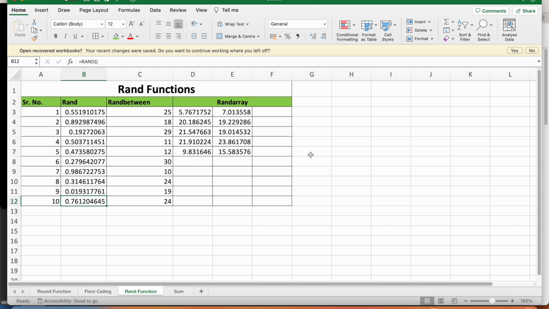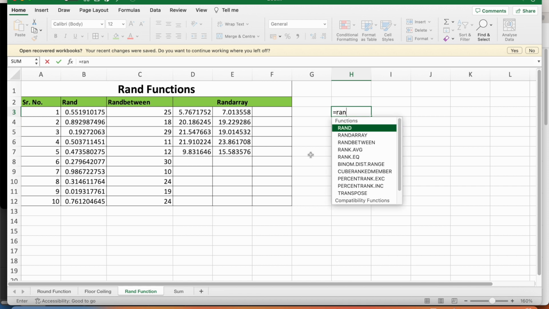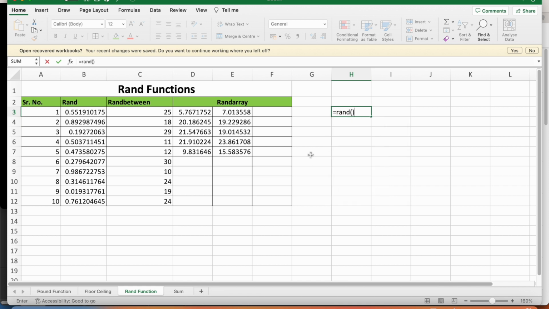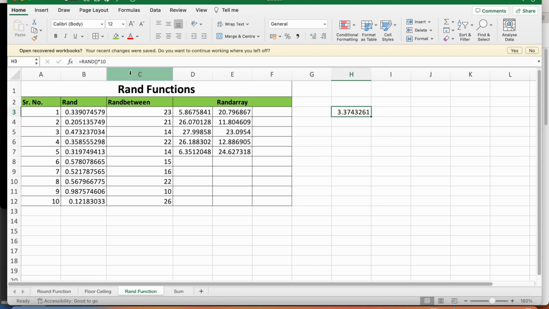But if we want an integer side, how can we do it? Just multiply the RAND function by 10. You will see the random function was generating only 0.33 and similar values, but now multiplied by 10 it gives 3.37. Now if we want to round off, so that it is on the integer side,